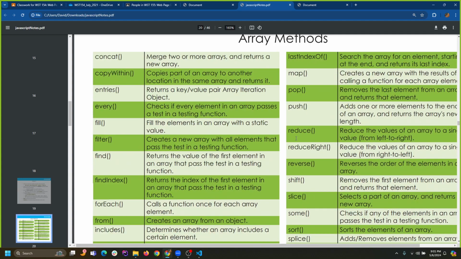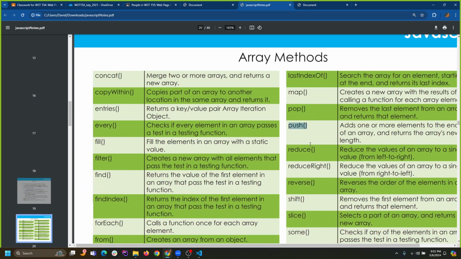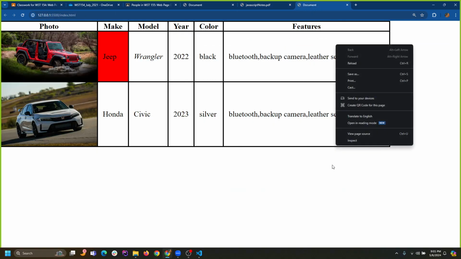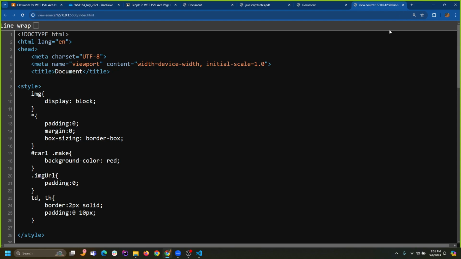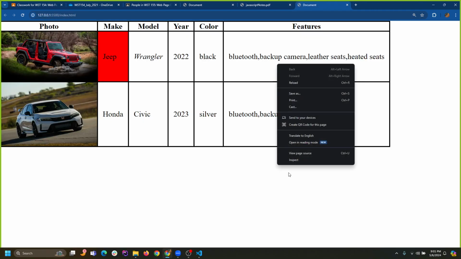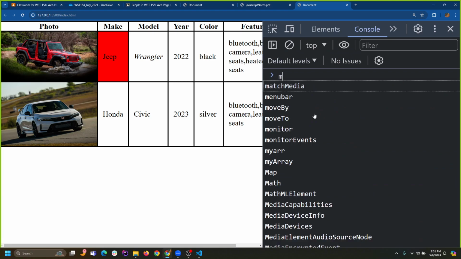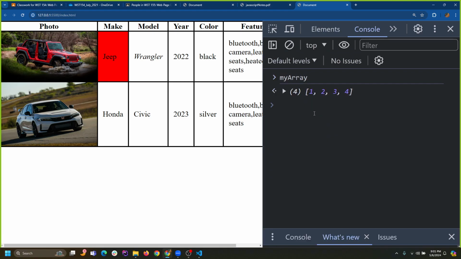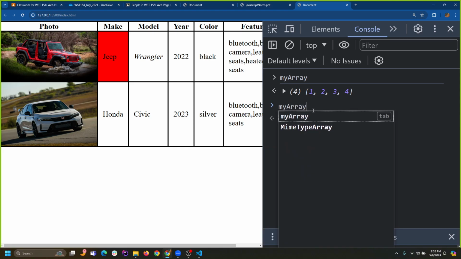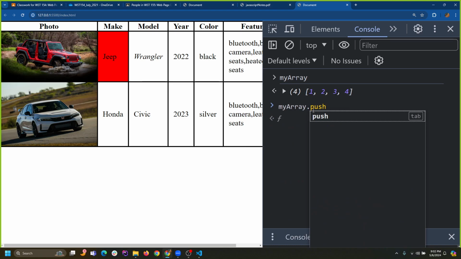But, you know, a lot of these are simple though. Pop, push, those are simple. Okay, we have this myArray 1, 2, 3, 4. We want to add something to it. We could say push. So myArray.push